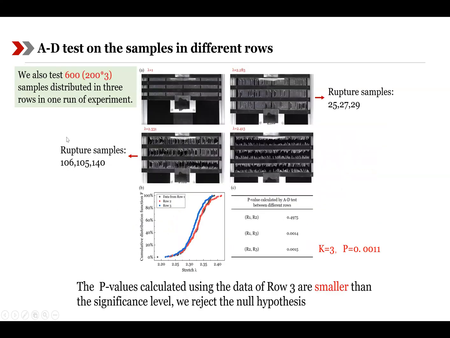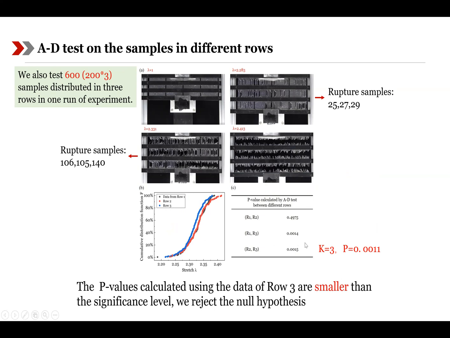But we tested 600 samples distributed in 3 rows. We can see that at the stretch equals 2.331, 106, 105 and 113 samples in the 3 rows rupture. At this stretch, the samples in the 3rd row rupture more than those in the other 2 rows. We perform the Anderson-Darling test using these 3 CDFs of the 3 rows, and the p-value calculated using the data of row 3